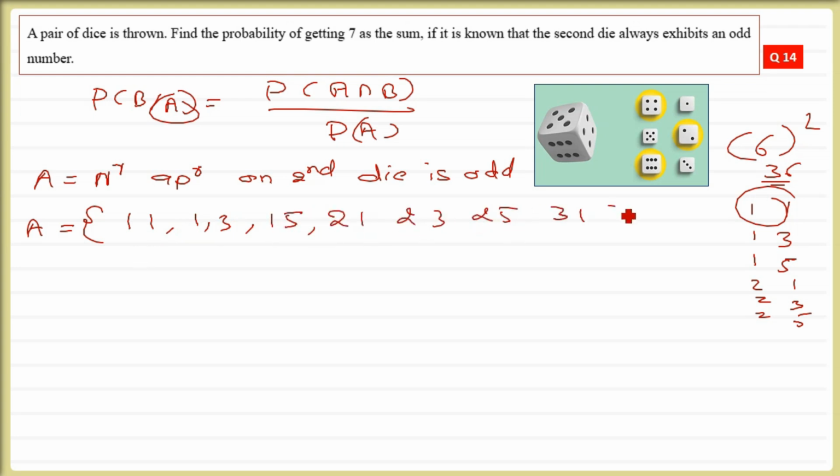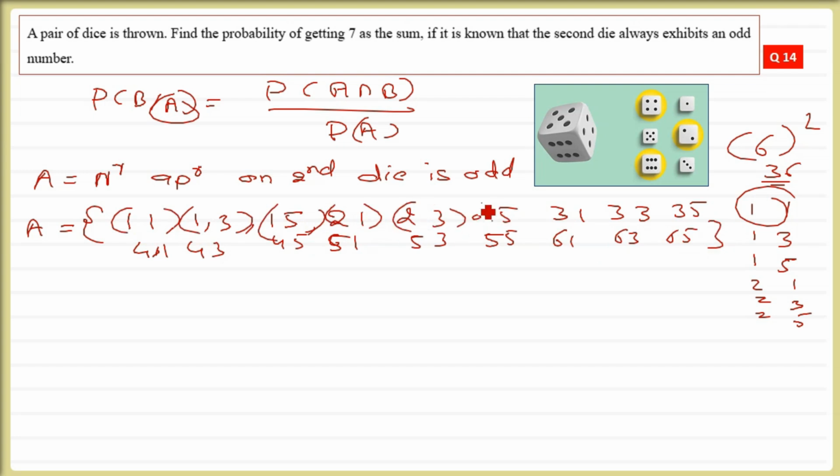So I'm writing it now. So (1,1), (1,3), (1,5), (2,1), (2,3), (2,5), (3,1), (3,3), (3,5), (4,1), (4,3), (4,5). 1, 3, 5 is fixed for the second die. I'm just changing the numbers 1 till 6. So (5,1), (5,3), (5,5) and (6,1), (6,3), (6,5). So this is how you have to write, and all of these